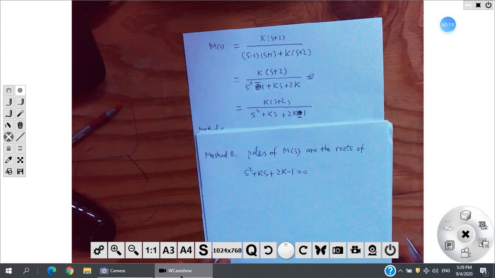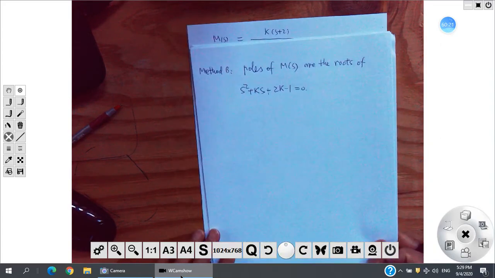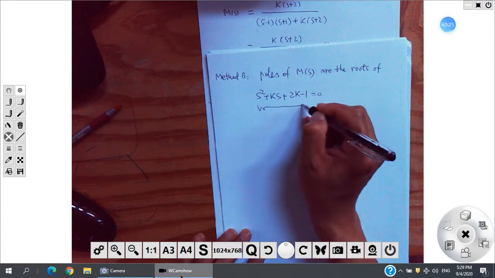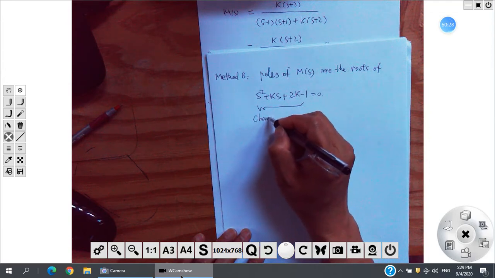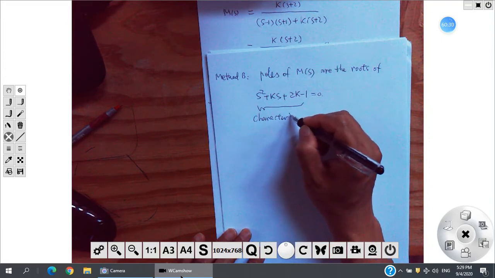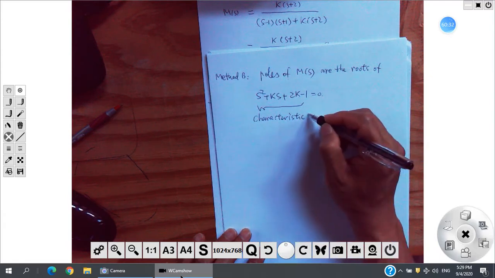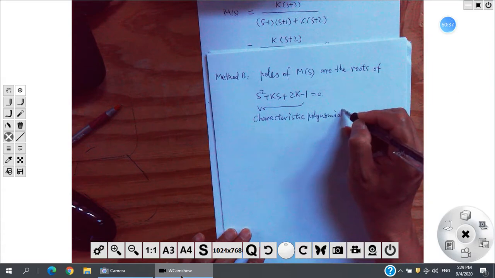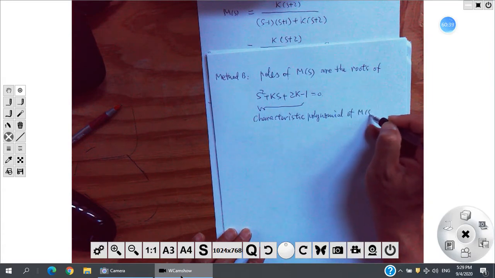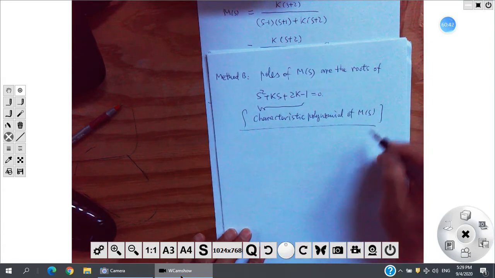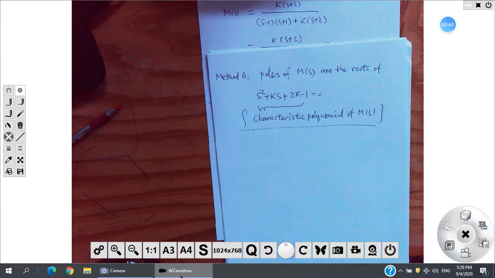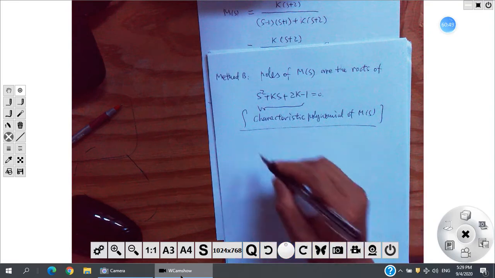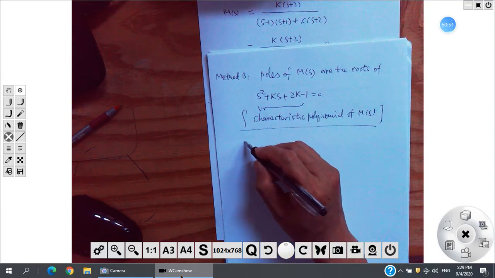We need to solve it. Actually, this has a name: it is the denominator of the transfer function, and we call it the characteristic polynomial of M of s, the transfer function. It is a name you can see if you read that book. Then what are the roots of it? This is second order, so the roots are